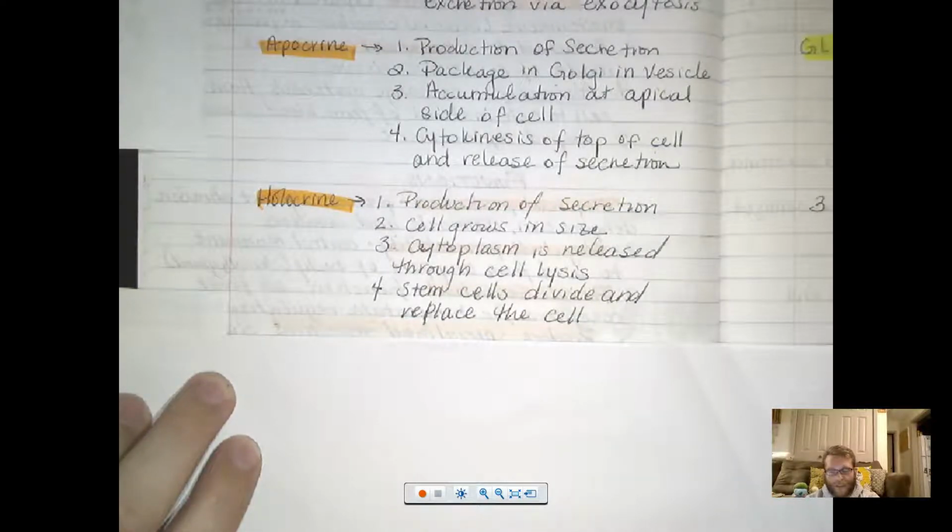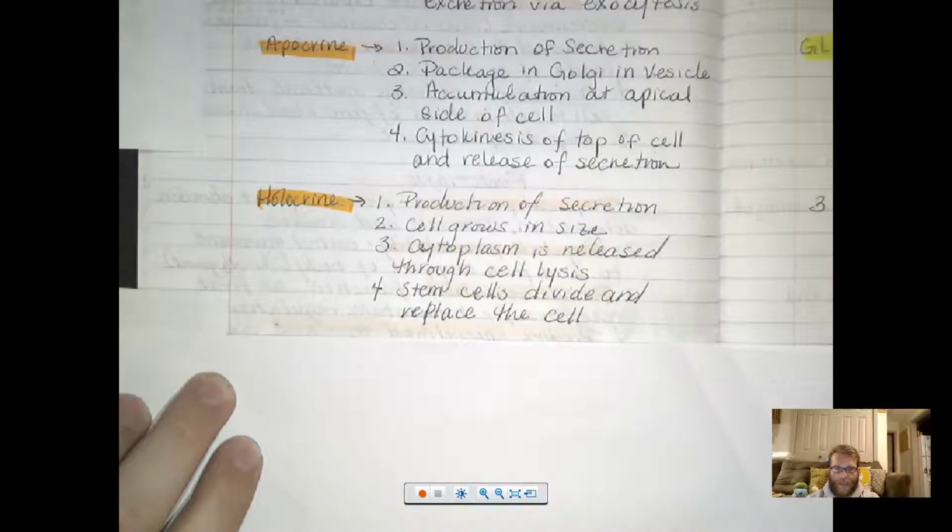The cell grows in size because the cytoplasm is constantly collecting the material here. So then cytoplasm is released by the cell, right? Or because the cell is lysing open, right? So your membrane is actually bursting open and your cell is releasing that material into your duct or onto the